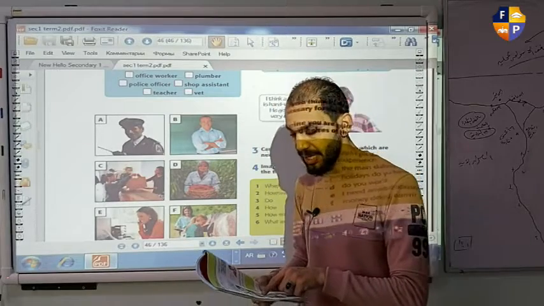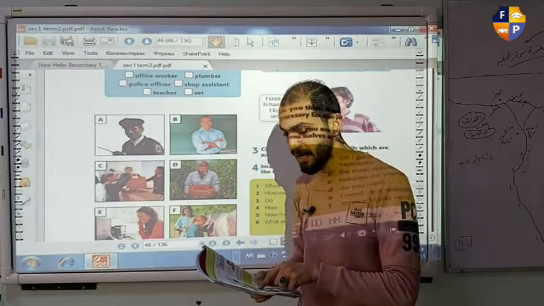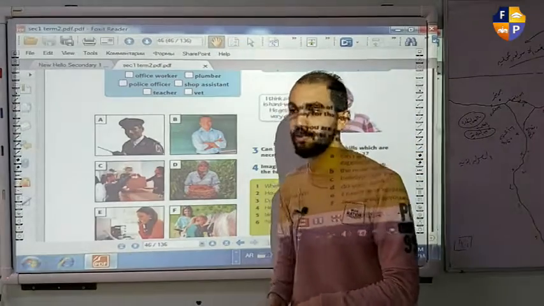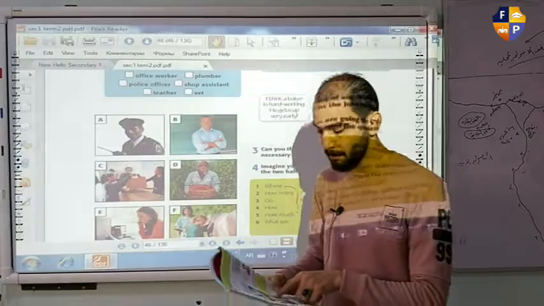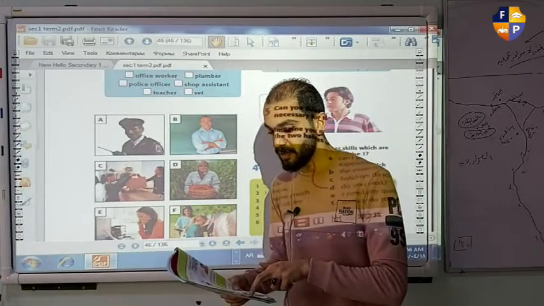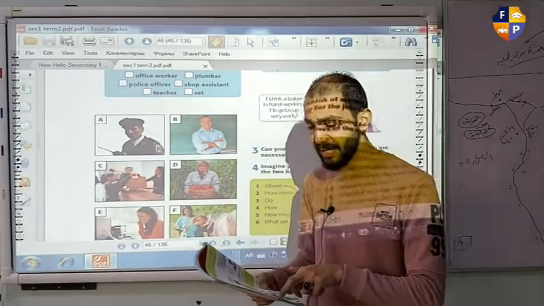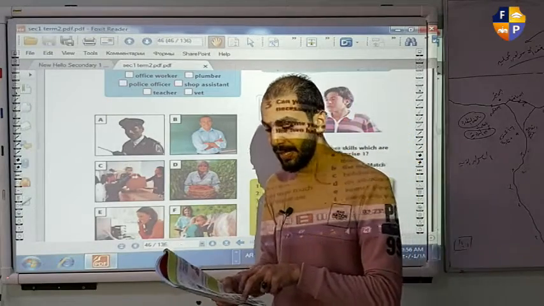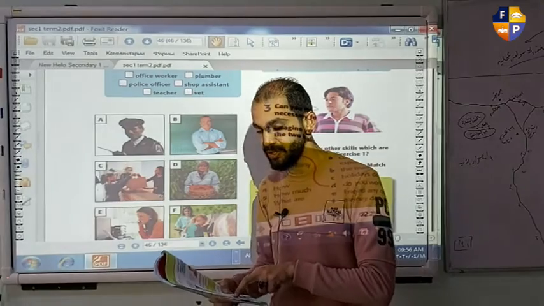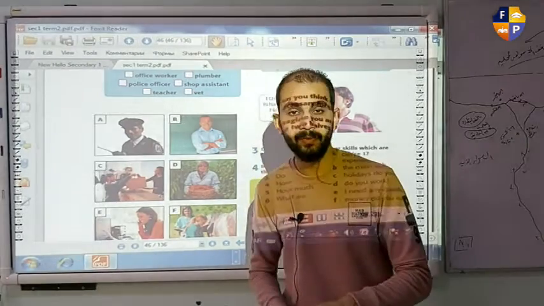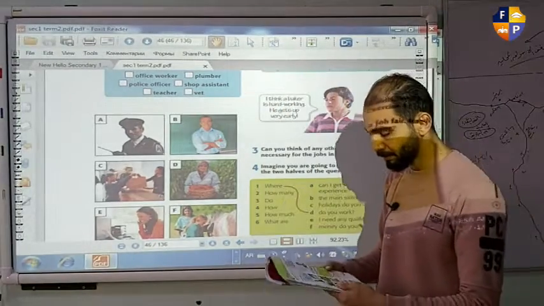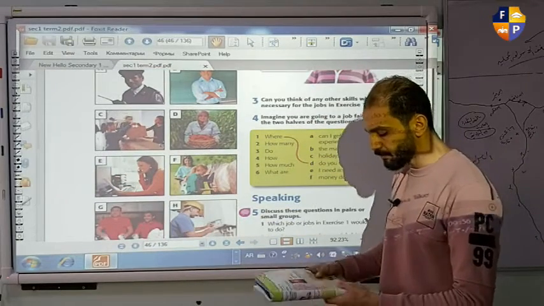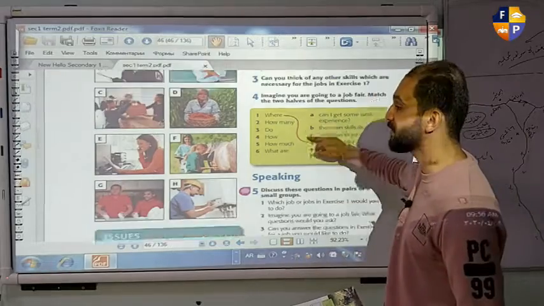Letter F takes vet, the doctor for helping animals. Okay, and letter G takes, as it is given here, baker, and the last picture, which is H, is plumber. Exactly. Okay, now let's move to the other page, page number 47,